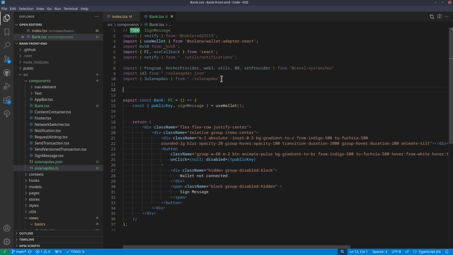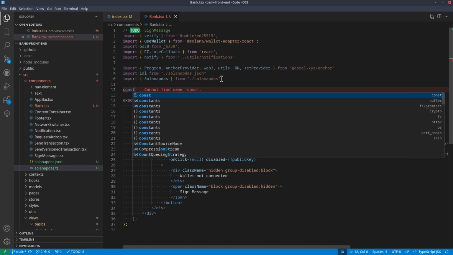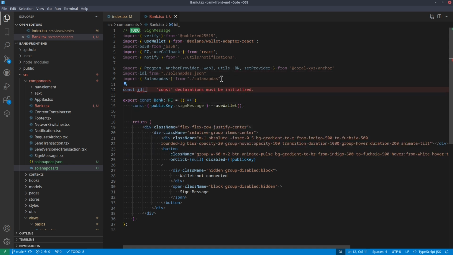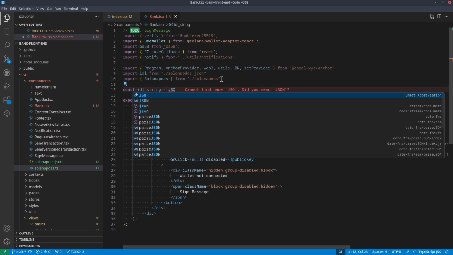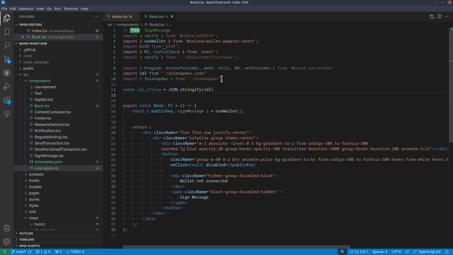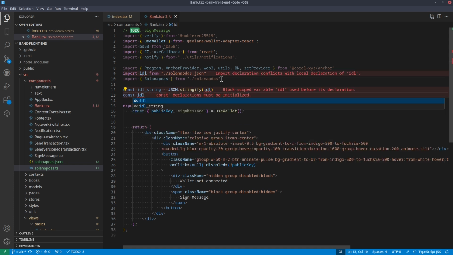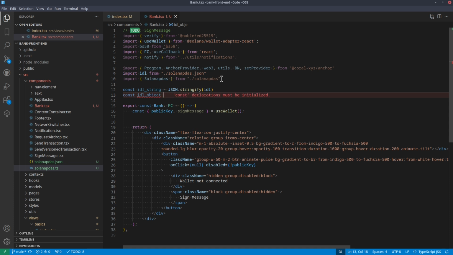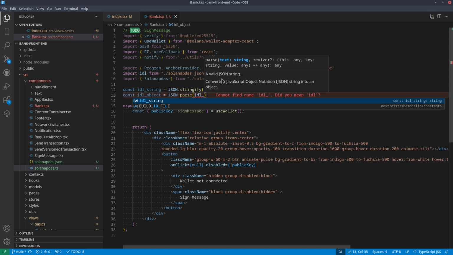And now we essentially want to make the IDL accessible as a TypeScript object. So what we are going to do is first stringify the IDL. So let's do JSON stringify IDL, and then we will use this IDL string to parse it back to an IDL object. So let's just call JSON parse IDL string,